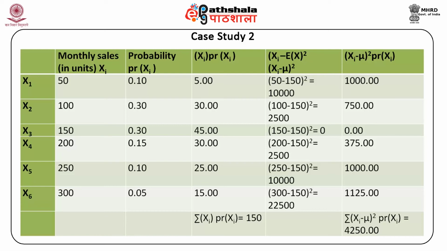In the third column, you can see the product of the xi's and their probabilities, so sigma xi into p(xi) comes out to be 150. Similarly, in the last column, sigma [xi minus mu] square into p(xi) comes out to be equal to